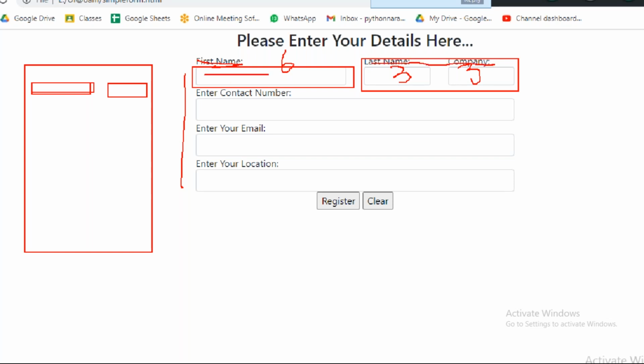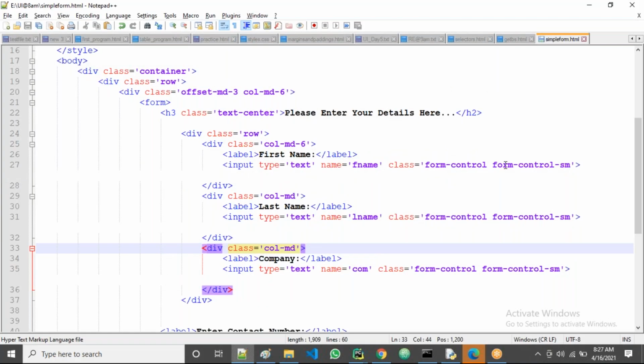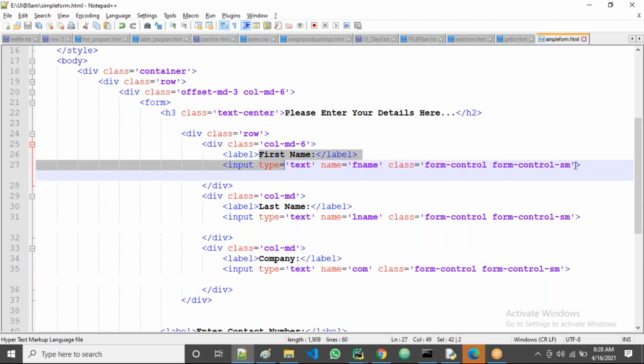Placeholder means, just observe, guys. This is the first name label. Now I am taking simply a placeholder, for example, your first name.